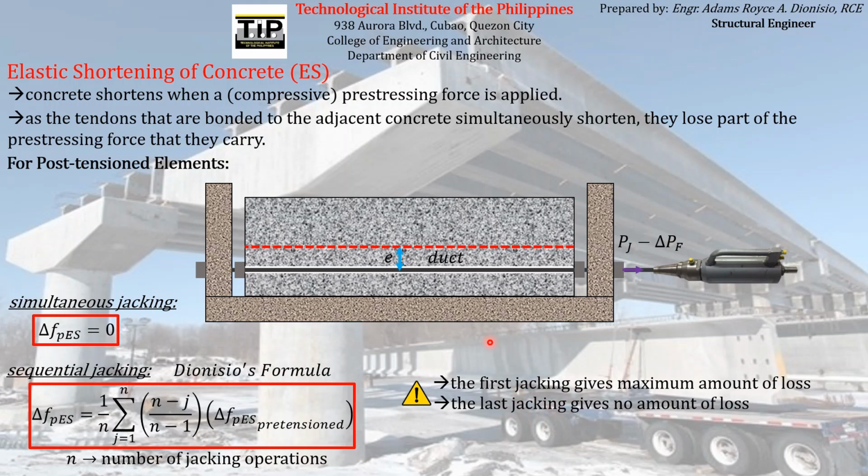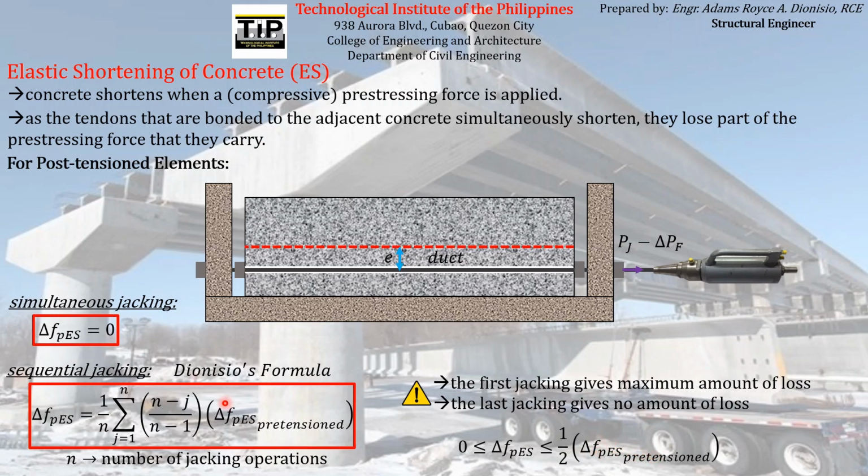And as an additional note, you can observe that the magnitude of this pre-stress loss due to elastic shortening of concrete for the case of post-tension elements has a magnitude ranging from 0 to 1/2 of the pre-stress loss due to elastic shortening of concrete for the case of pre-tensioned